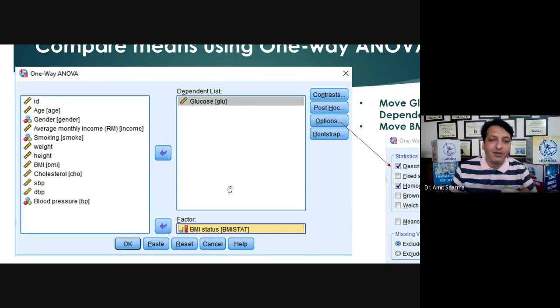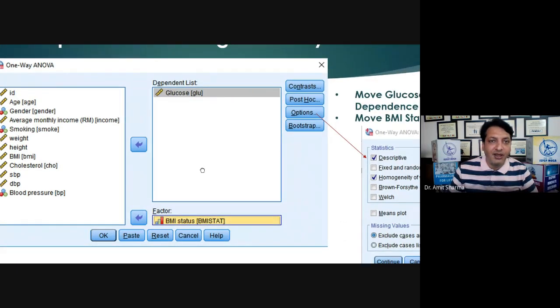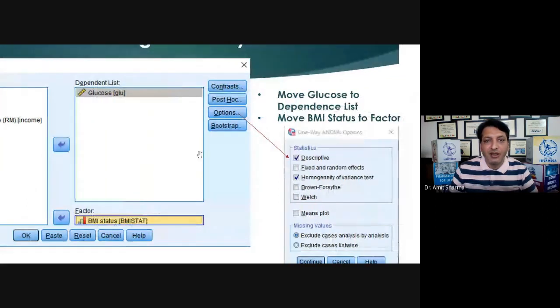So once you have moved these variables into the dependent list box and factor box, you have to click on the option called Options only. When you click on Options, you are going to get this window. In this window, click on Descriptive and click on the Homogeneity of variance test.